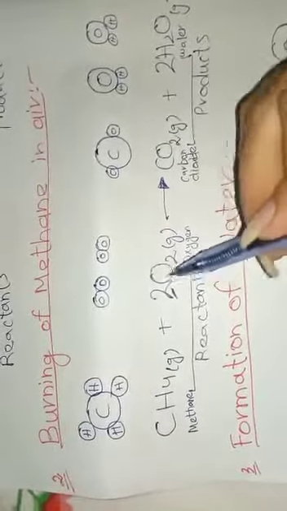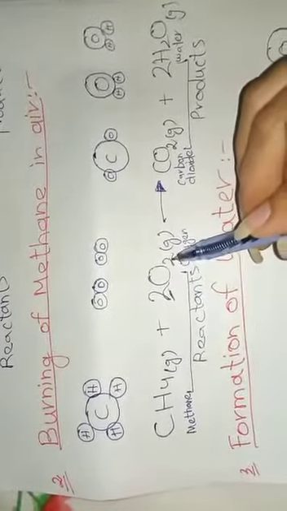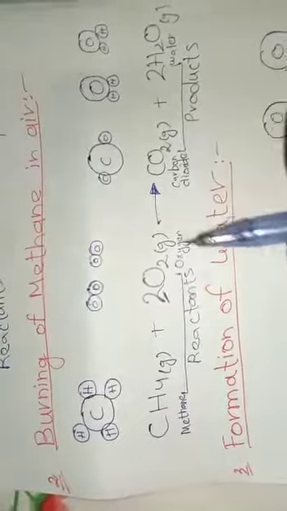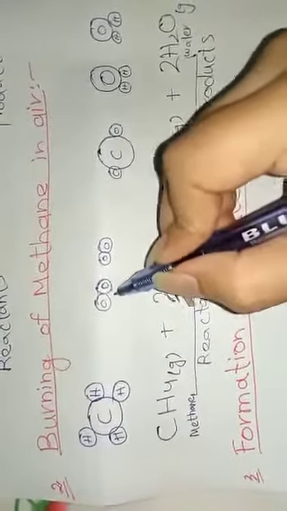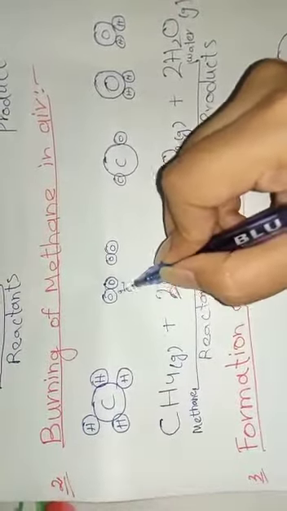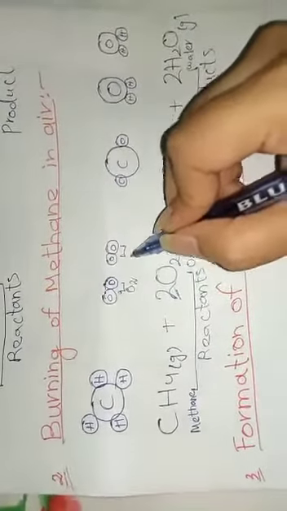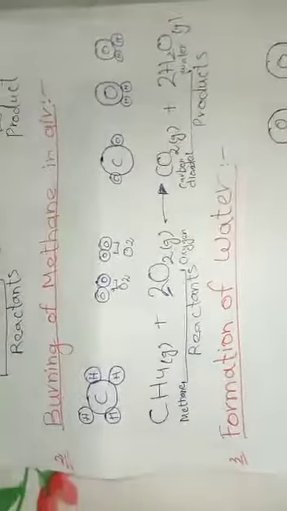So class, just look at this. 2 1s are 2, 2 2s are 4. It means that there are 4 hydrogen atoms that take part in that reaction. Just look at this. Here this is the 1st diatomic oxygen molecule, and here this is the second diatomic oxygen molecule.